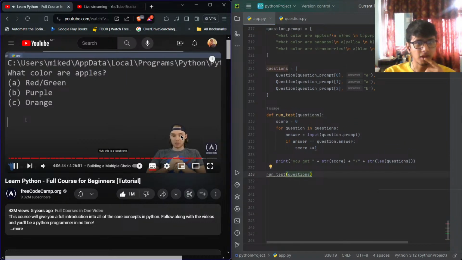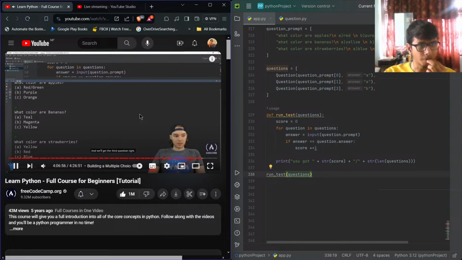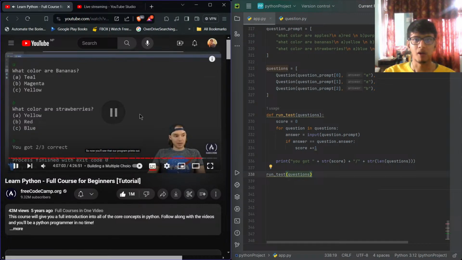it says, what color are apples? This is a tough one. All right, let's put A, so we'll get the first question right. What color are bananas? Let's get the second question wrong. So I'm gonna say B, bananas are magenta. And we'll get the third question right. So it says, what color are strawberries? I'll just put B because that's the right answer. So now you'll see that our program prints